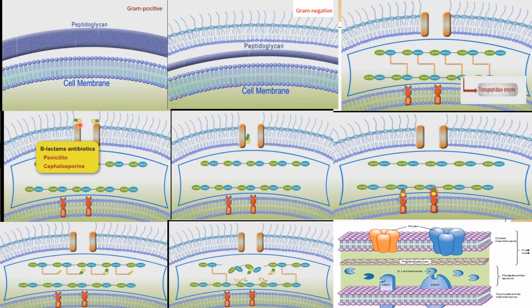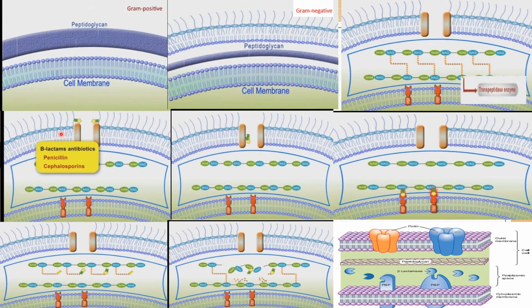The outer layer of gram-negative bacteria contains porins. As you see here, these are barrel-shaped proteins. These are called porins,